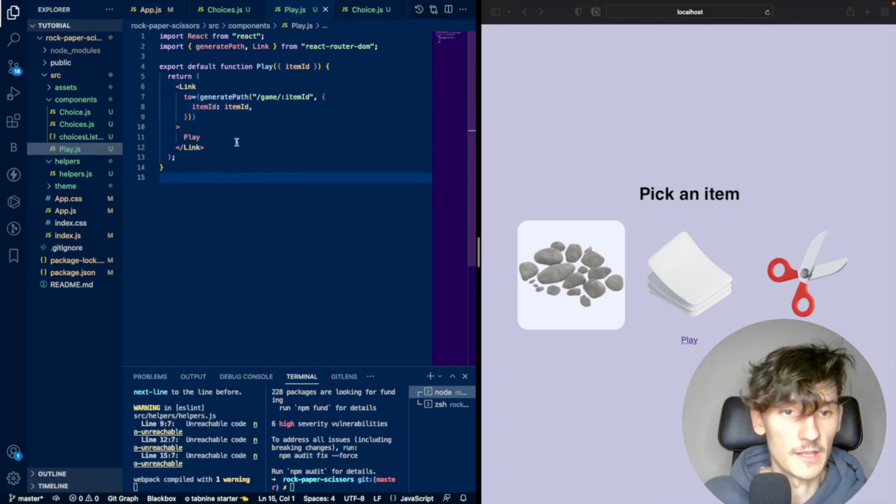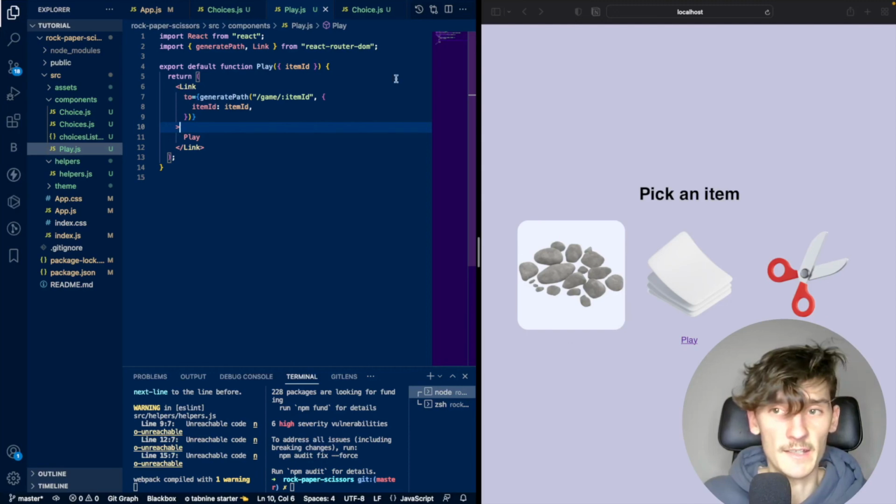What this function does is passing the URL for the link, which will redirect us to the game/item ID,